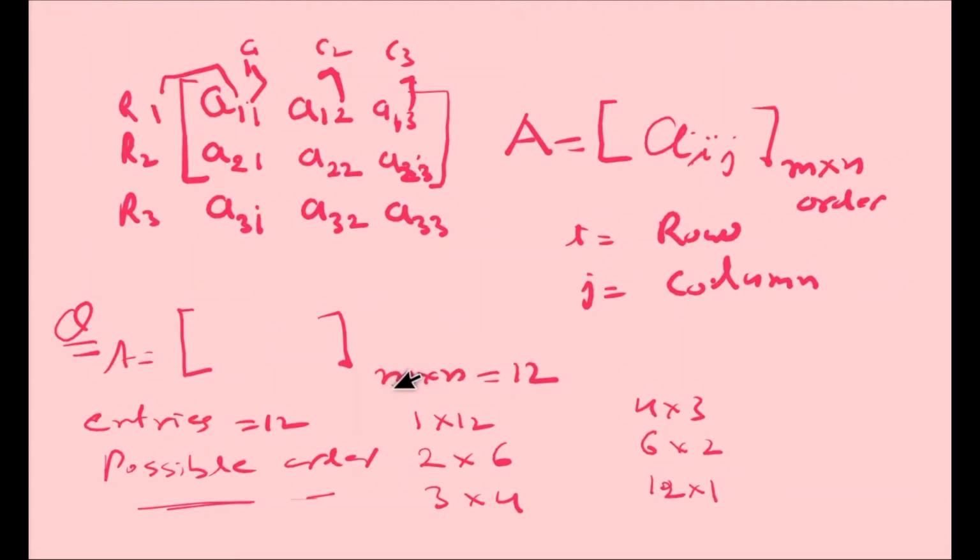Now what is the least number of rows M? That is 1. And what is the least number of columns? That is 1. Understanding? You should not take 0, 12 into 0 is equal to 0, which means there is no member. So start from 1, then take the factors, and you can say it this way, the reverse of this one: 1 into 12, 12 into 1, 2 into 6, 6 into 2, 3 into 4, 4 into 3. This way you can answer these questions.